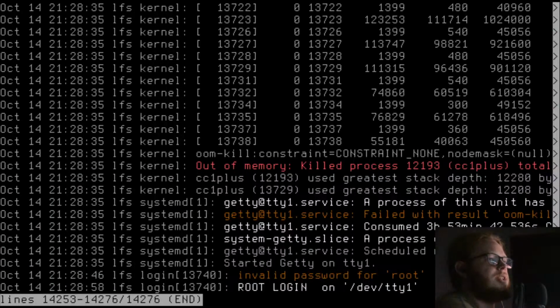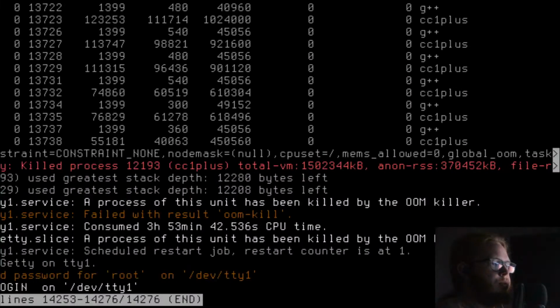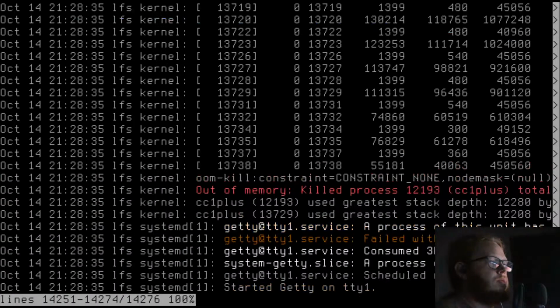It doesn't actually give an answer this time round. A process on this unit is being killed by the OOM killer. Consumed 3 hours, 52 minutes of CPU time. How? Schedule restart job at restart. So it was the same process again.